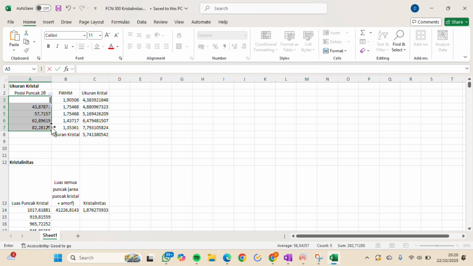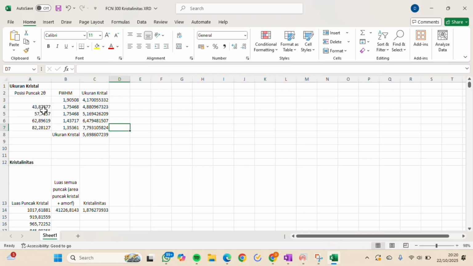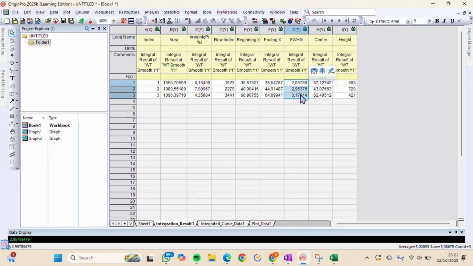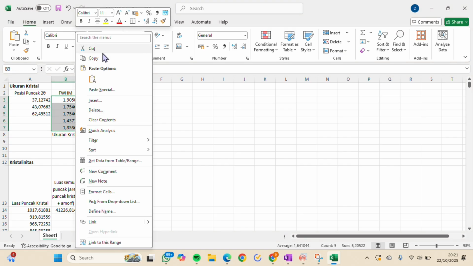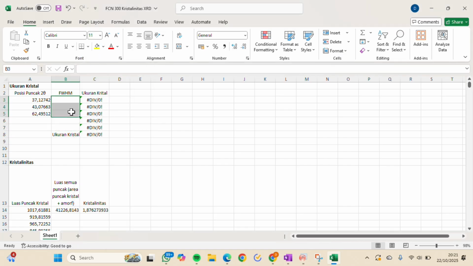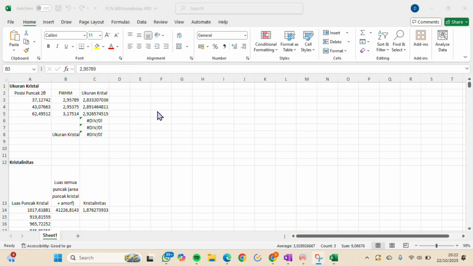We match the column with the data that we obtained before, so we deleted the data and we match with the data we have before is 3 data. So after that, we also copy the FWHM, and we go to the Excel formulas, and we paste the data, and we got this